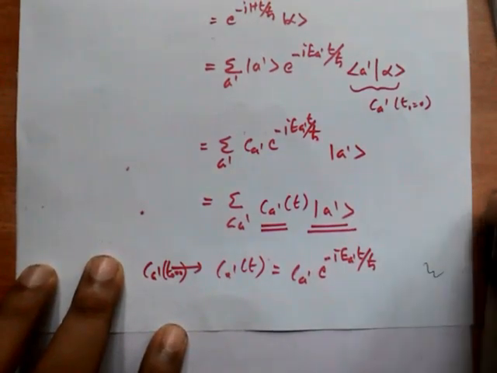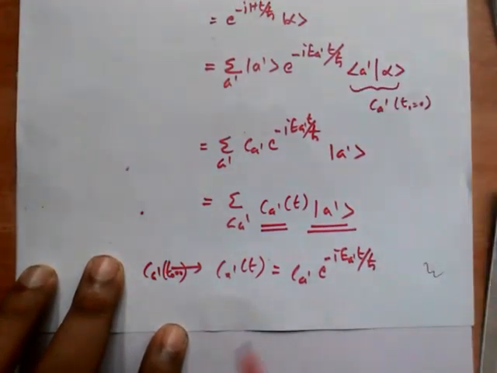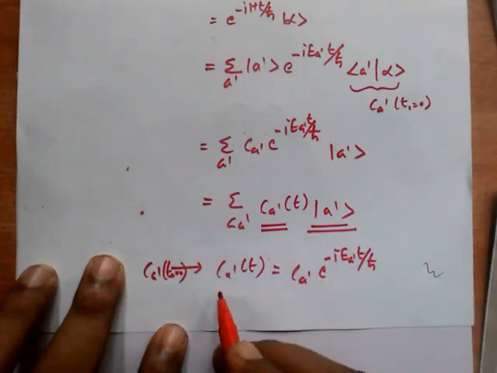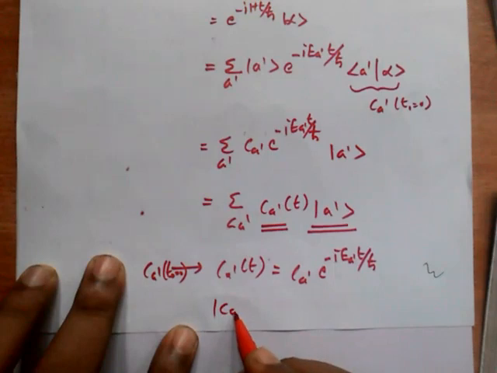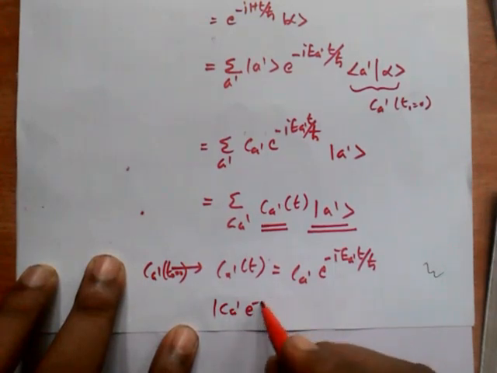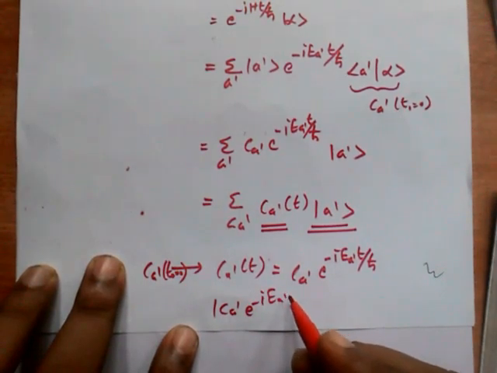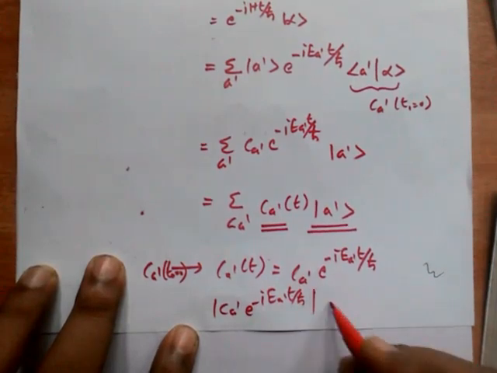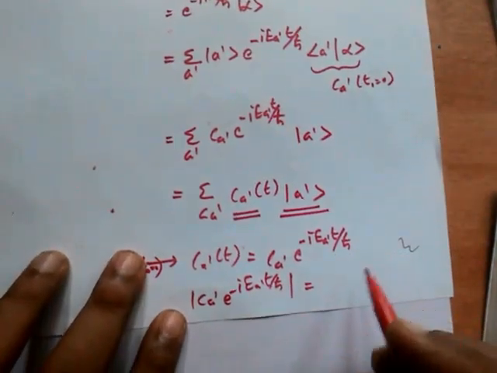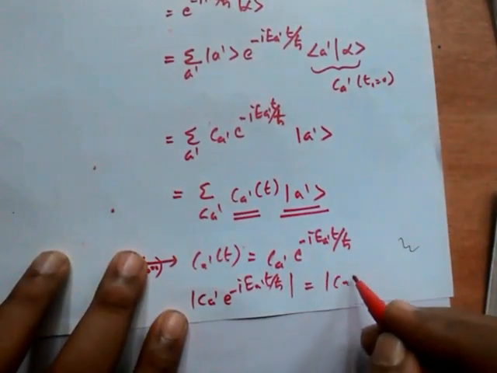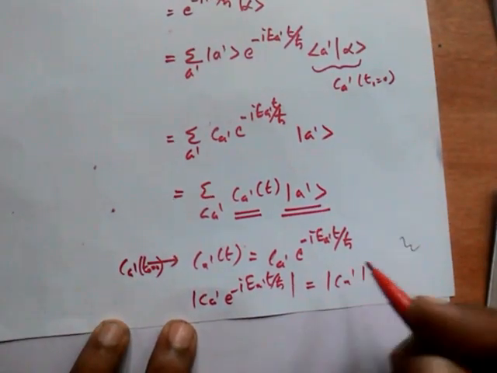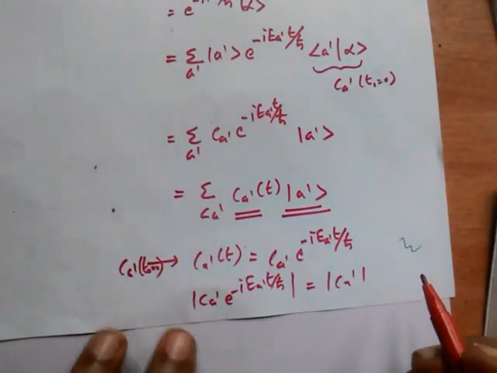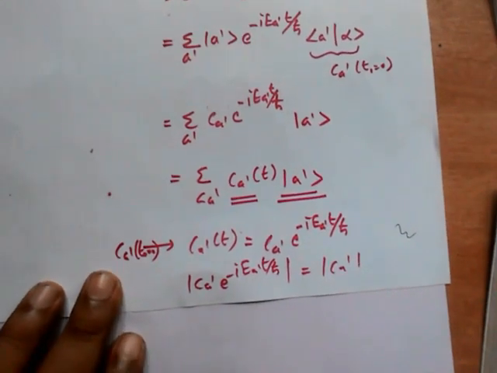Okay, this expansion coefficient has changed, but its modulus, that is the modulus of c_a' e raised to minus i E_a' t over h cross, is equal to the modulus of c_a'. Its modulus doesn't change, but this expansion coefficient has changed. Okay,